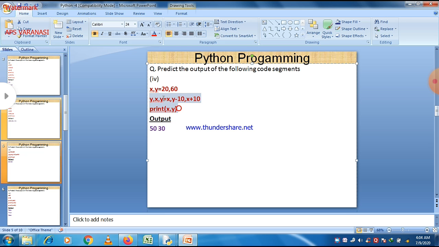And as far as picking the value is concerned, we pick the value from the statement above, not the value of the variable within that statement. So when finally we assign y is equal to x plus 10, we take the value of x from the previous statement, and in the previous statement we can easily see that x is equal to 20. So 20 plus 10, 30 will be assigned. So the answer is 50 comma 30. Let us check it.